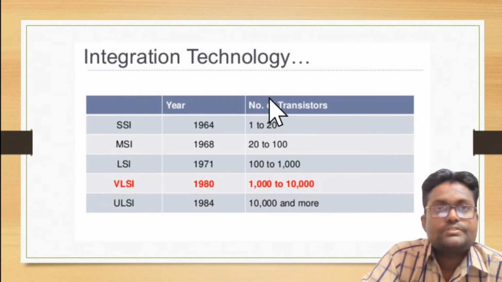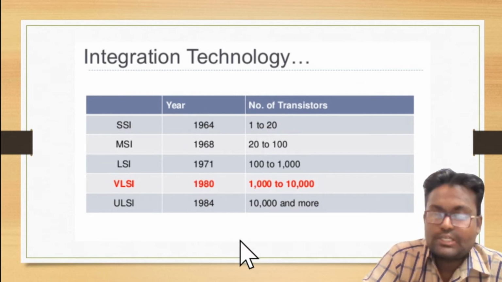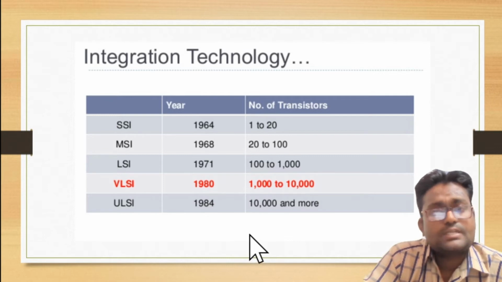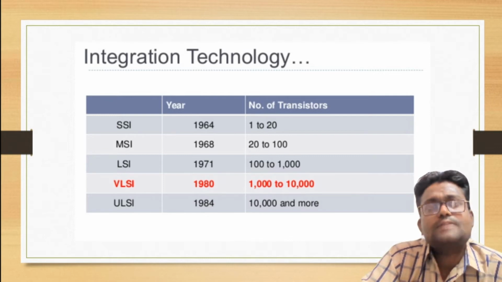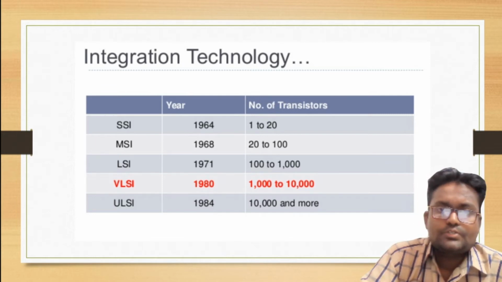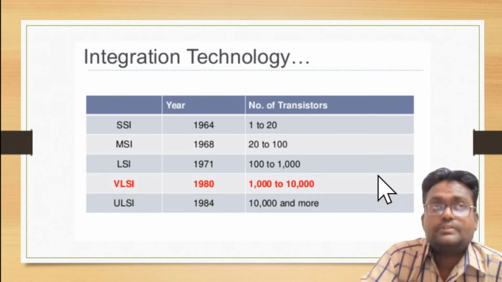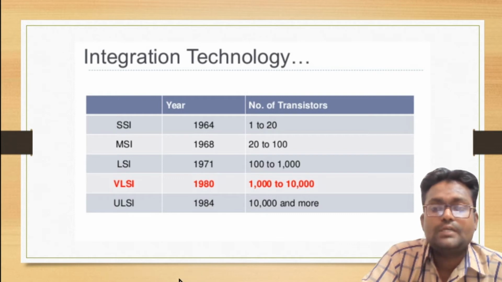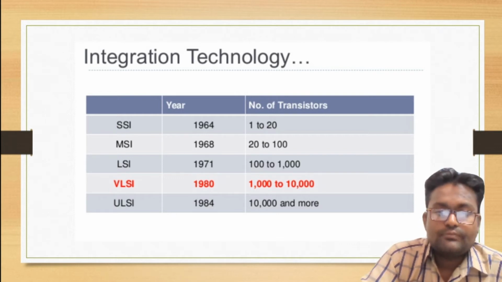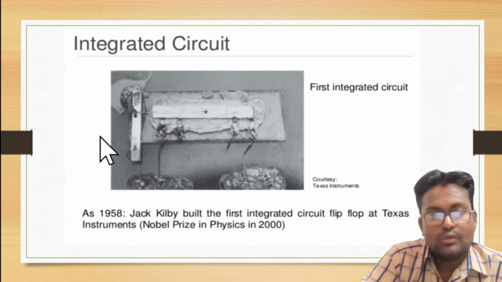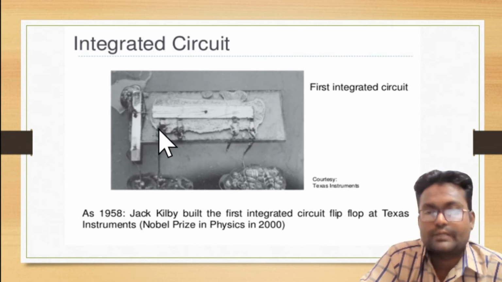What is the meaning of miniaturization of technology? After the invention of the transistor, we use transistors for implementation of any circuit, and because the size of a transistor is very small, the circuit implemented using transistors also becomes small. So when the size of the circuit is small, in a small chip we can implement a number of transistors. When we connect a number of transistors in a single chip, then the whole module structure is known as an integrated circuit.